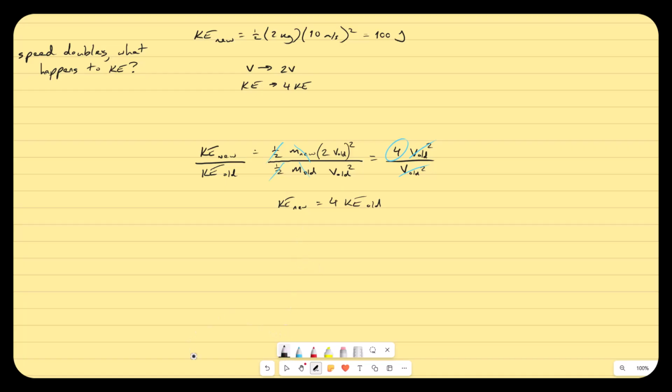It's a different way of approaching it, but it can be a helpful thing if we don't have the kinds of values that let us plug in. This thing worked without needing to know what the initial velocity was or anything like that. We just said, if we've got some initial kinetic energy and we double our speed, what happens to the kinetic energy? Well, I didn't put in even what those speeds were or anything, and I found that our kinetic energy is being quadrupled. If we triple our speed,